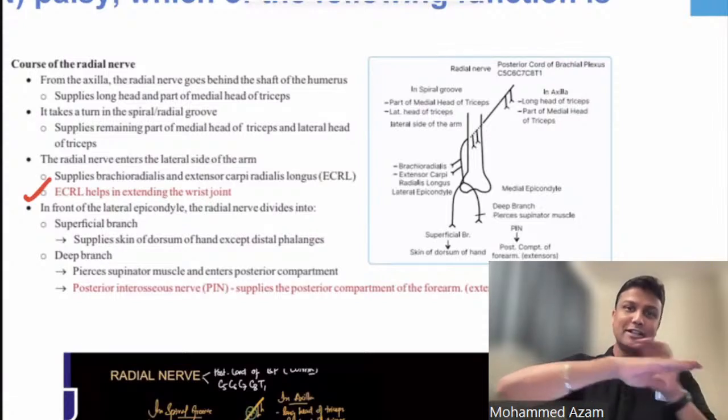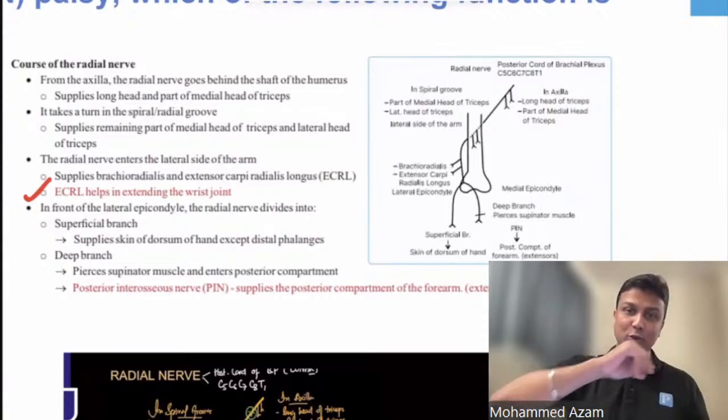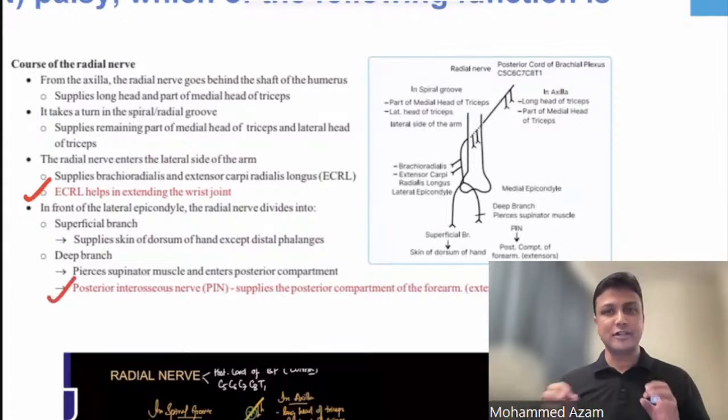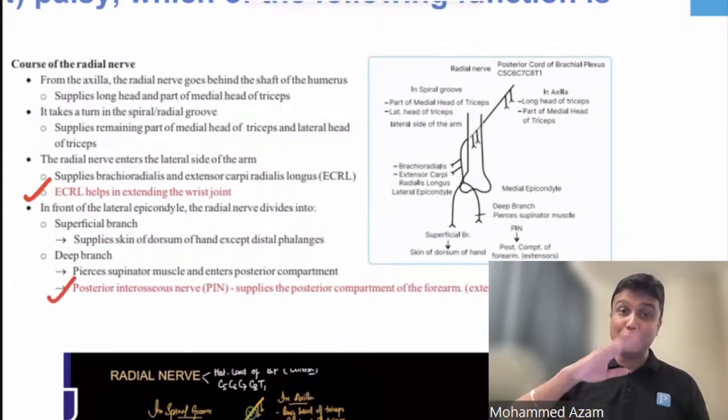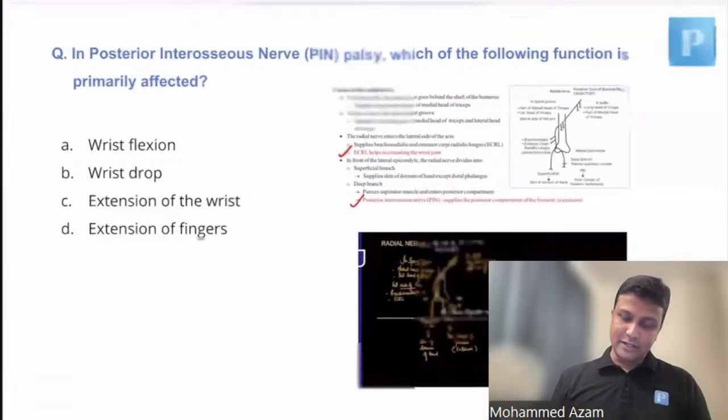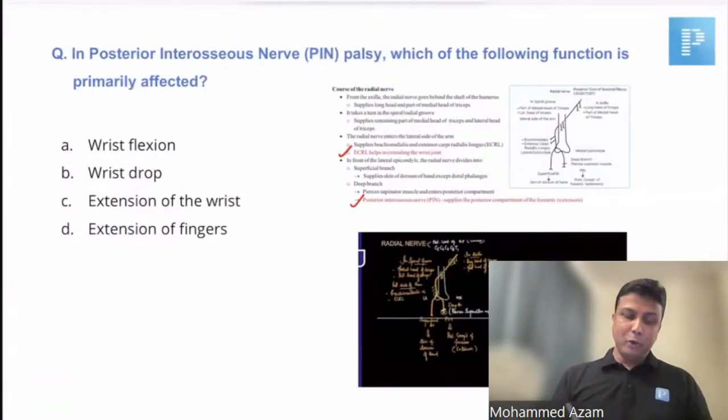Extensor digitorum muscle is gone. It will lead to finger drop. So that also we have already discussed here. Posterior interosseous nerve injury will actually lead to finger drop, not the wrist drop. So therefore, my dear friends, in the given question, in posterior interosseous nerve palsy, which of the following functions is